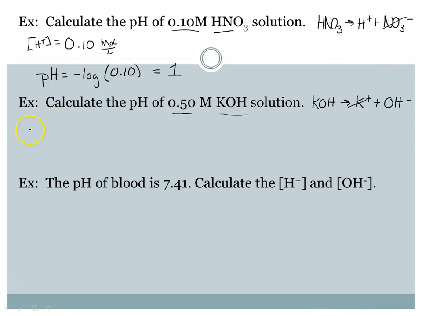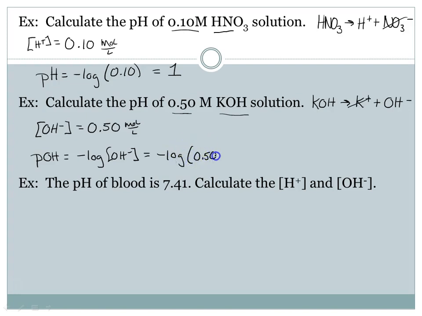So in this particular case, what do I know? Well, I know my molarity, but I don't know my molarity of hydrogen ions. I know the molarity of hydroxide ions, and the molarity of my hydroxide ions is 0.5. So given hydroxides, I can't solve for pH, but I can solve for pOH, because pOH is the negative log of my concentration of hydroxide ions. So all I've got to do here is take the negative log of 0.5, and that's going to give me a pOH of